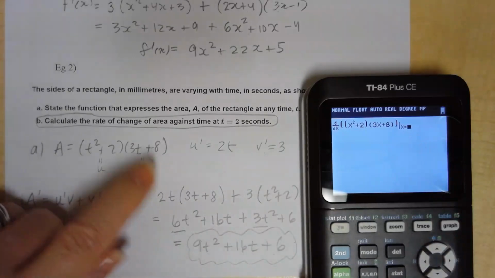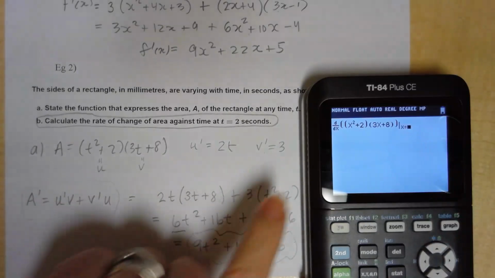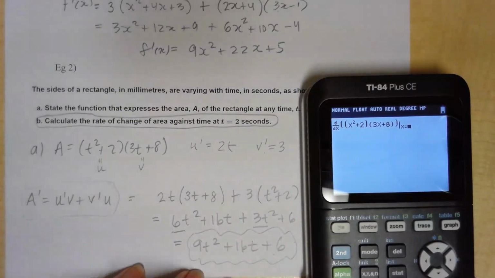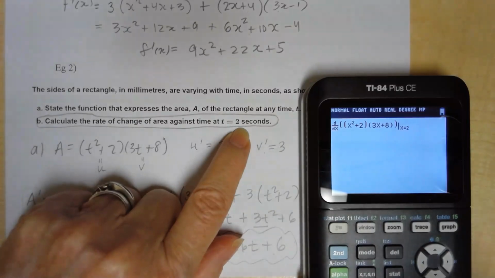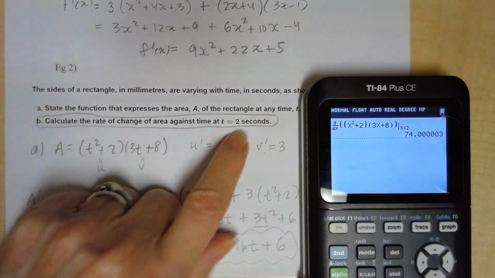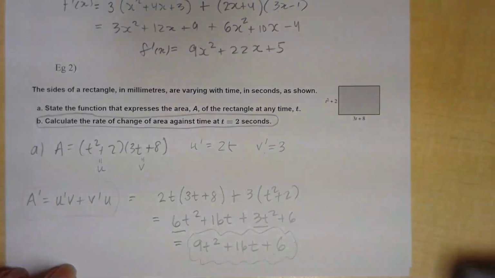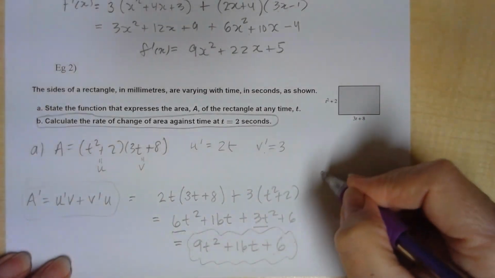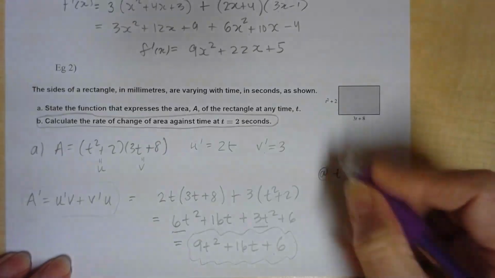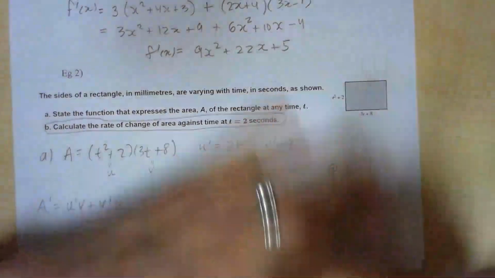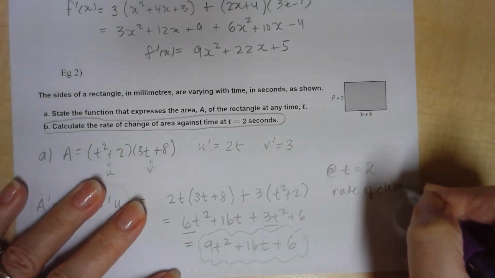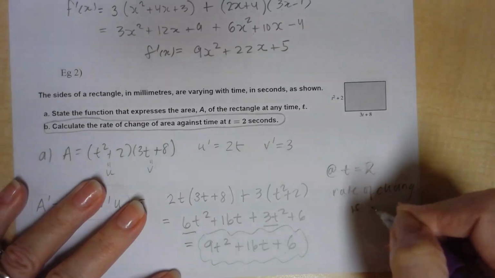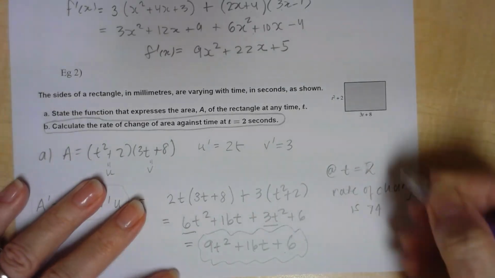So it doesn't take the derivative for you and give you that, but it will evaluate at a certain number. And in my problem it says at t equals 2. So I'm going to put 2 seconds. And then I'm going to hit enter, and it's going to give me 74. So at t equals 2, the rate of change is 74,